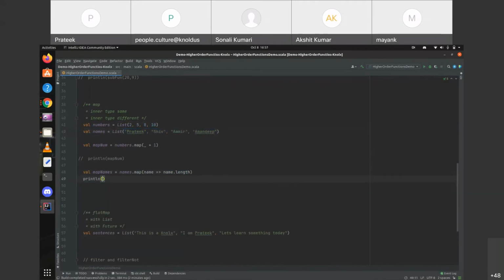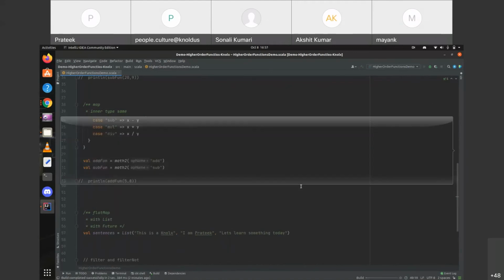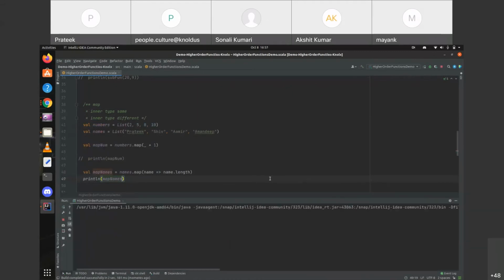Let's check it. Map names. So we are getting the length of each of the strings. So this is something that we were expecting.